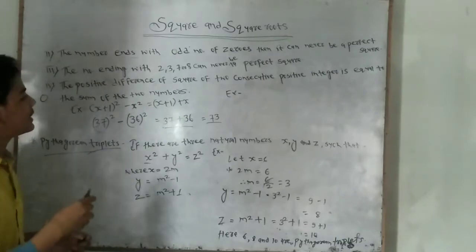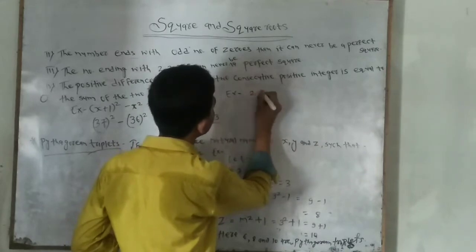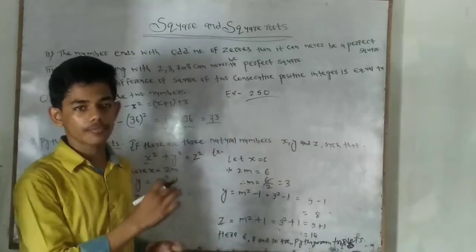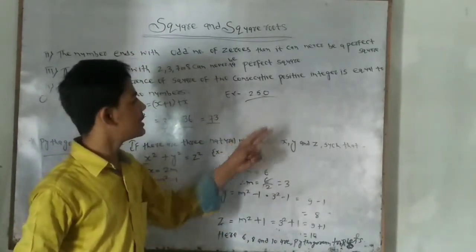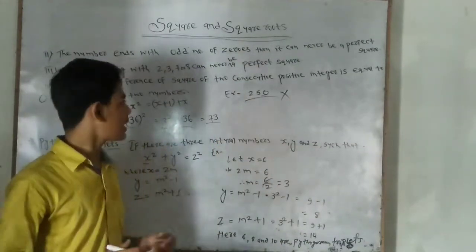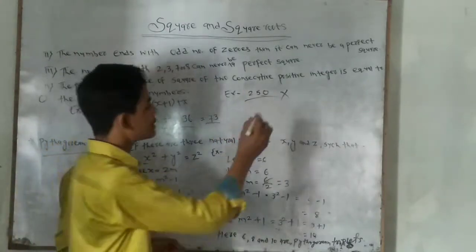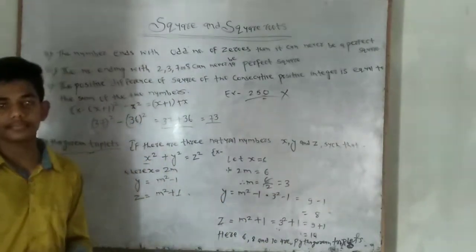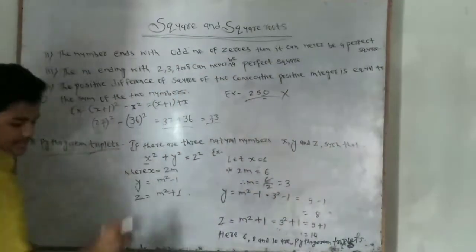So the criterion for a perfect square is that if a number ends with an odd number of zeros, meaning one zero, it is ending with 0, then it can never be a perfect square. So if anyone asks whether this is a perfect square, then by looking at the end, we can say that no, it can never be a perfect square, because it has an odd number of zeros. Now the next one is